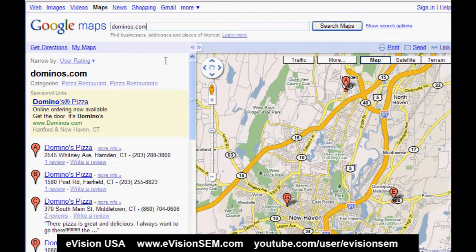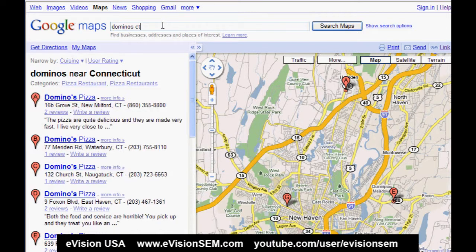Google gets the data for these listings from a number of sources, including Yellow Pages, and so they may not be associated with a website. So also search on your name, and you'll need to put in a location. A lot of our clients have multiple locations in multiple states, so you may have to do a few searches. But if you search on your name by state, for example, Connecticut, Domino's in Connecticut, you should find most of